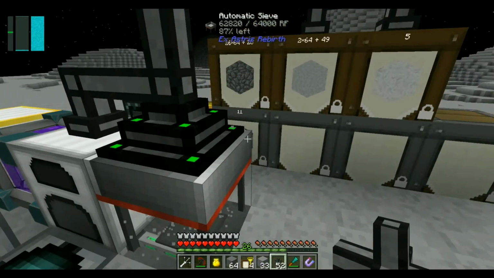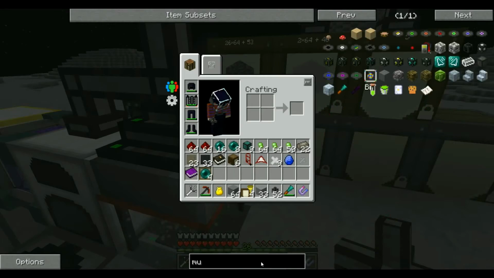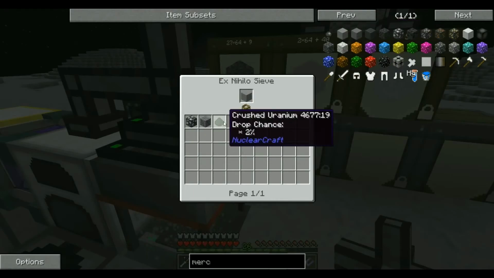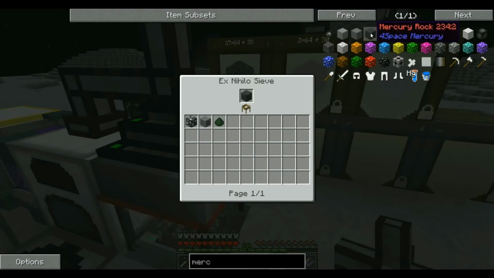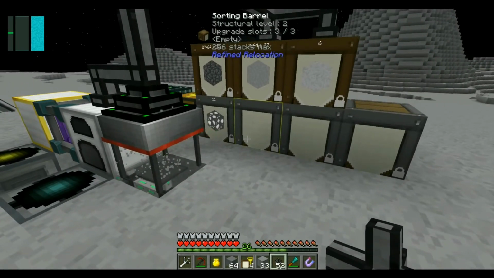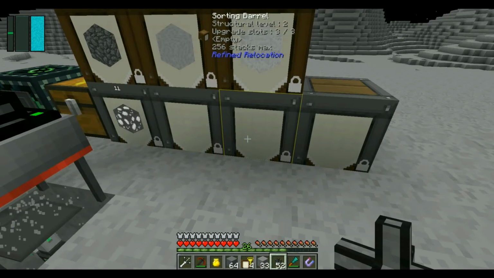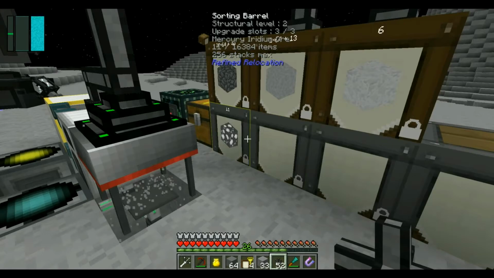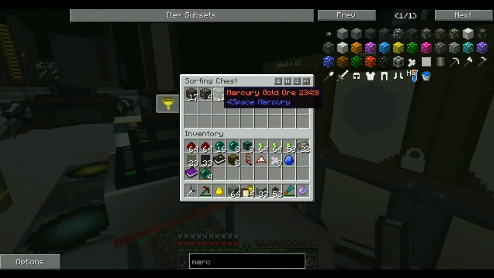And the subsurface rock, so Mercury subsurface stuff. Mercury. No, not Mercury. Mercury. So that gives crushed uranium, thorium, and iridium ore. In fact, all of them give that. Perfect. So when that comes out, I'll put it into these barrels, which will be the ones that we have B-spaced up. And then the rest of the stuff